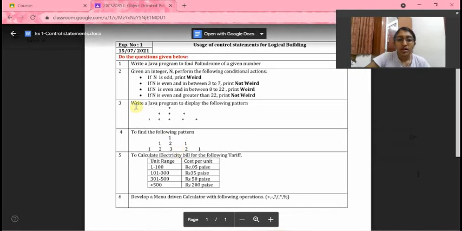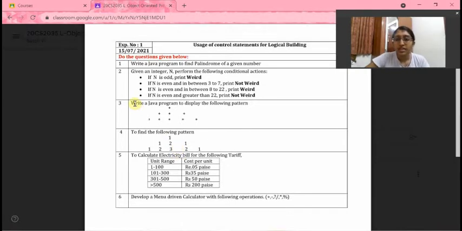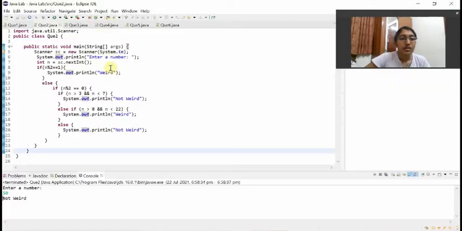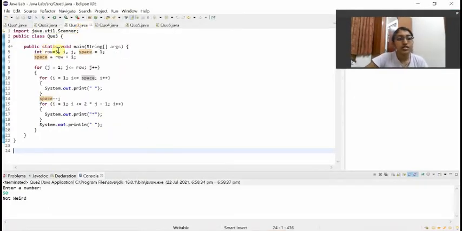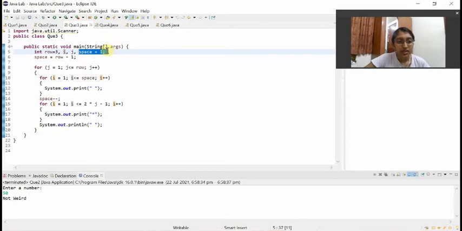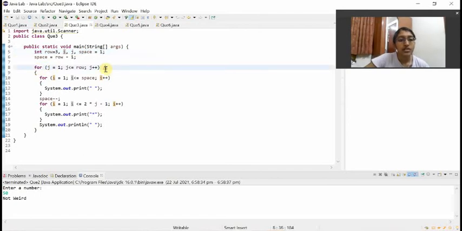And the third program is to display a Java program with this star pattern. For this, I've initialized an integer row as 3, and i and j. This is for row, this is for column, and this is for space allocation. And I am declaring this space as row minus 1, that is 3 minus 1, it will give 2 spaces in the row. And this is for the